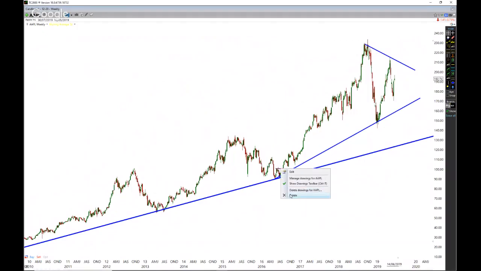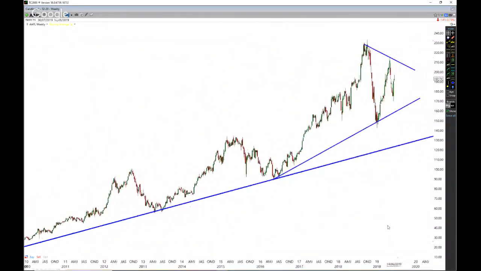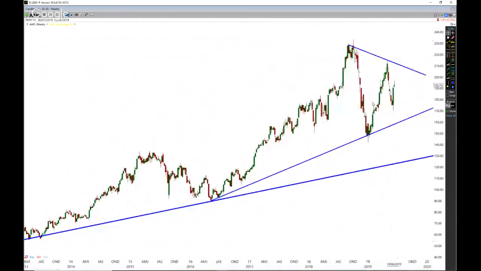A lot of people focus on the daily charts, and I like the daily charts. That's what I trade. I trade the daily charts, and I get in and get out on the daily charts. But some of the most powerful stuff to get the overall direction of where the market's likely to go is those weekly charts. They really do give you a sense of what's happening right now. So really interesting stuff happening here with Apple.